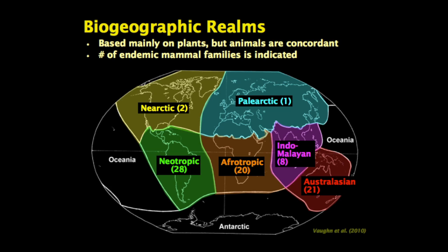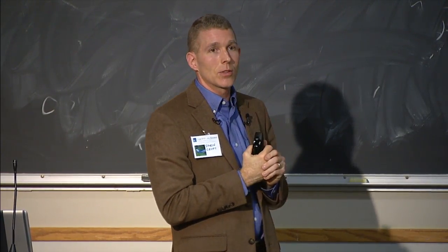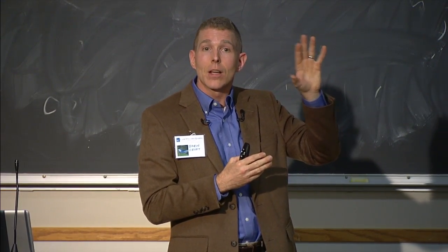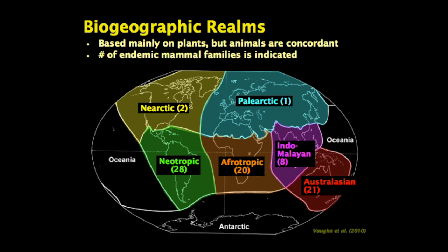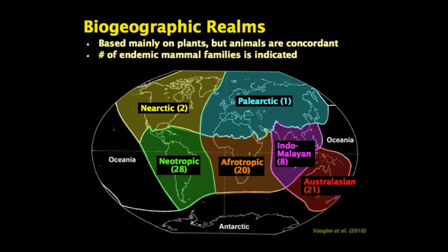One pattern is that the tropical regions are much more diverse, at least in terms of endemic families, than the northern ones. And the reason for this probably has to do with dispersal. If you're a tropically adapted organism like a monkey, it's going to be very difficult for you to exist in the Nearctic, and more importantly, very difficult for you to get somewhere else where you can be happy. You can't go up through the Nearctic, through the Palearctic, and down to the Afrotropic. So just the way that the continents are today, we've isolated these tropical areas so they each are evolving along their own lines.